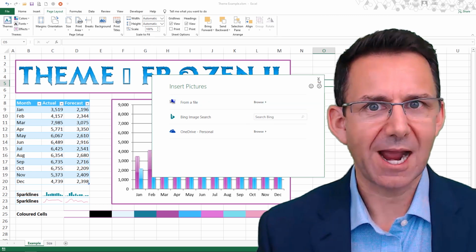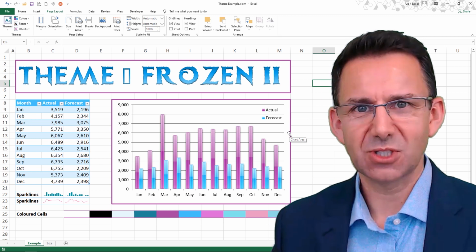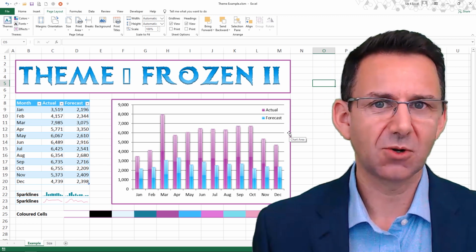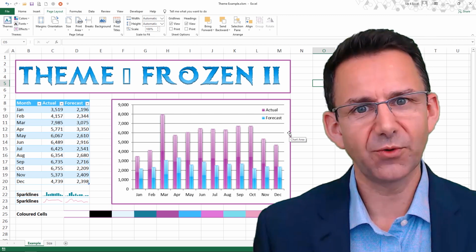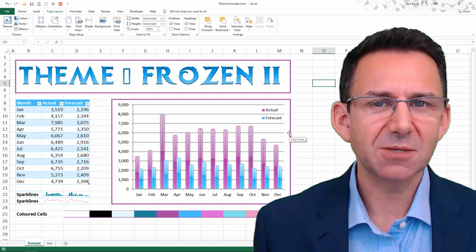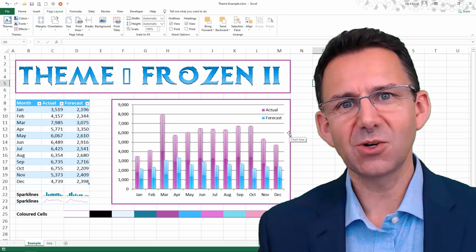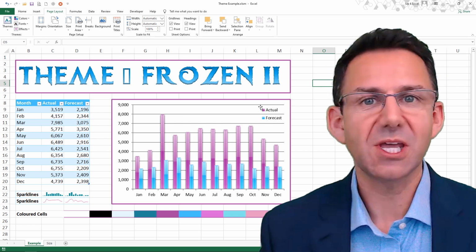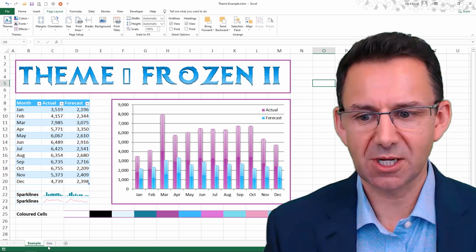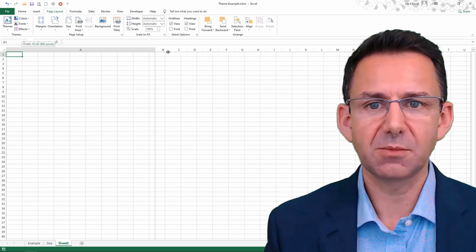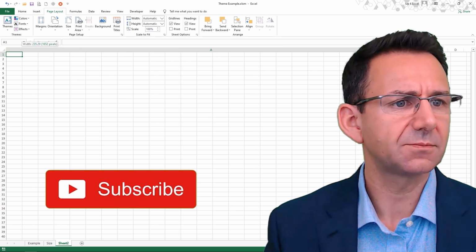Okay, now there are quite a lot of subtleties around doing this, because if you get a background picture that is the wrong size, it can look pretty awful if there's too much going on, if it's the wrong color. So these are my tips on finding the ideal background picture to go with your Frozen 2 theme. Tip 1: find your screen size. If you open a brand new sheet and you widen the column as far as you can widen it